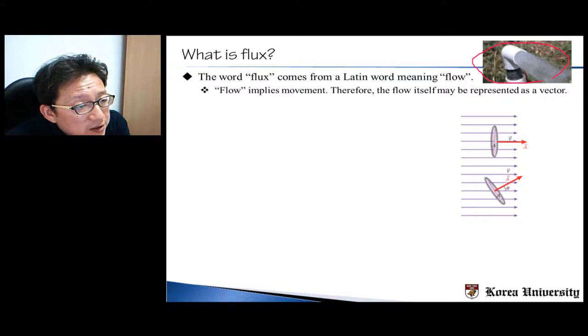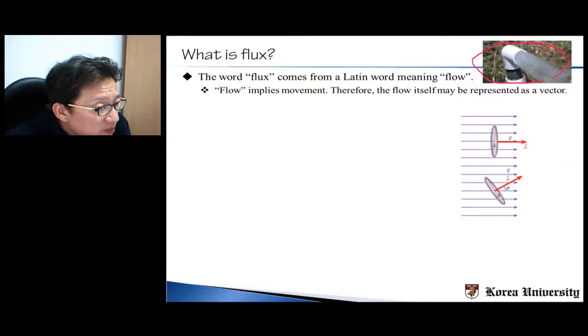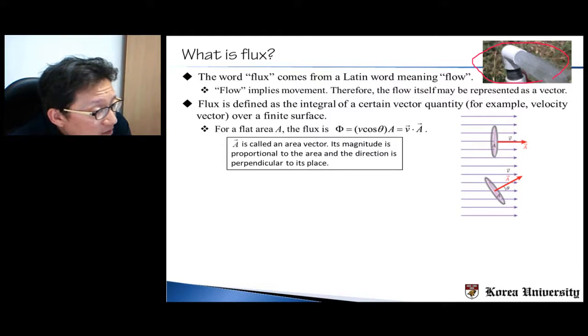You know, the vector needs size and direction. So when something's flowing, the size may be the amount of flow, and the direction may be the direction of flow. But in fact, when we say flux, it is in fact integral or integration of certain vector quantity